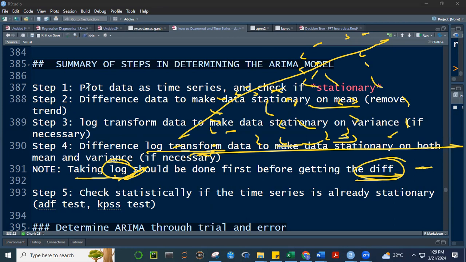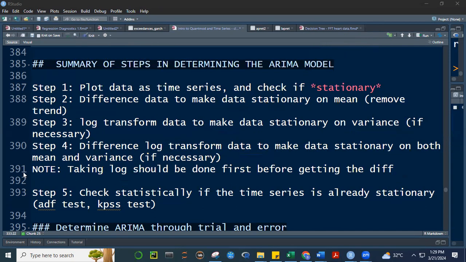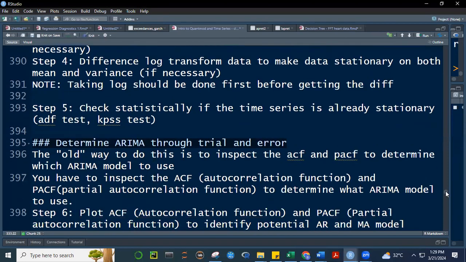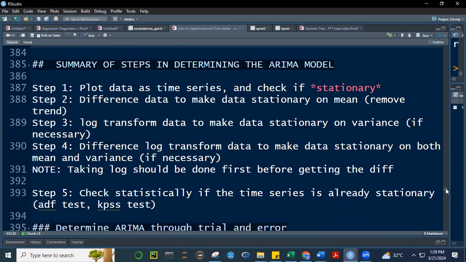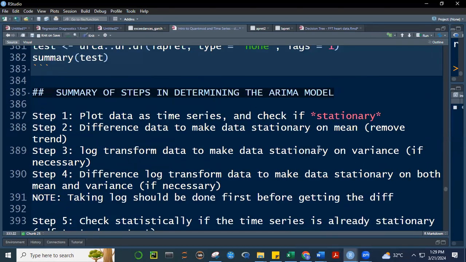So the reason why we get the log and then get the difference of our time series is because we're looking at continuous returns. And to get continuous returns or log returns, you have to do this process. Get the log and then get the difference. And that's exactly what is done when you use the calculate returns function. Okay. So once we have addressed this, class,